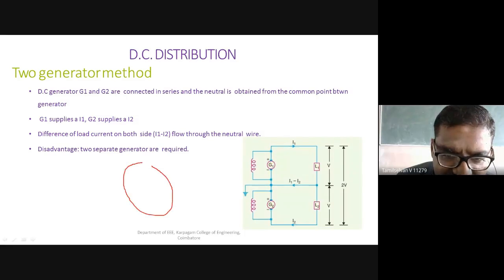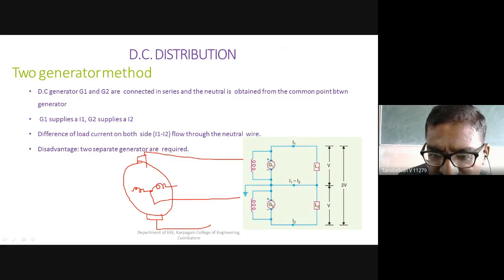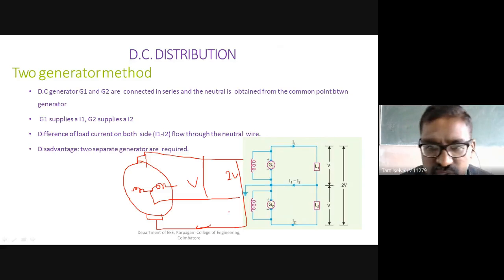So we will have one generator. Armature will be there. From the armature, the commutator, we are going to take the tapping. We have one field winding. If you tap between this common point, this voltage is going to be V. And if you tap between this one and this one, this becomes 2V. So the difference of the current, the load current, will flow through the